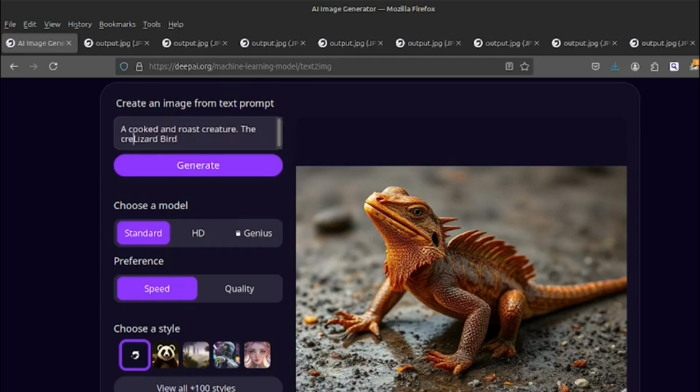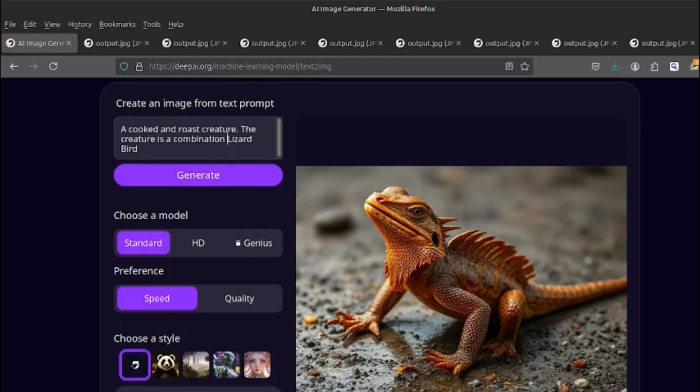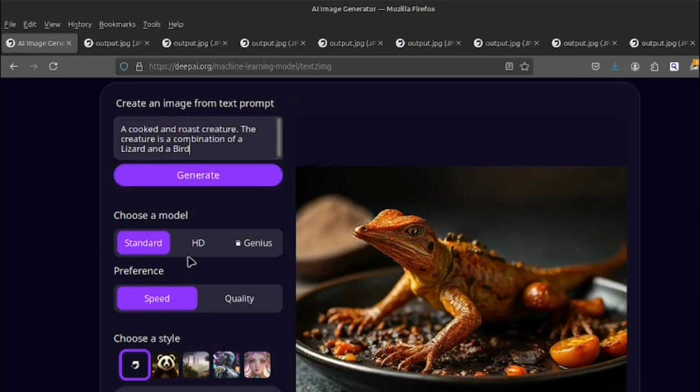The creature is a combination of a lizard and a bird. What does that do? Cooked and roast creature.